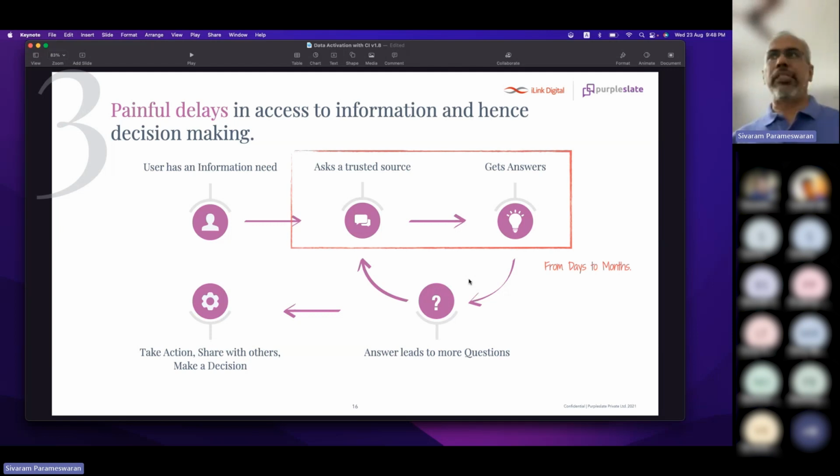I think in many places, for people to get access to information, it's finding the right data source, getting that answer, and then, usually the answers lead to more questions, until we have all the information for us to make a decision, right? Especially finding the data source and then getting the answers, in terms of getting new projects, it just goes on and on. It takes an extremely painful amount of time.